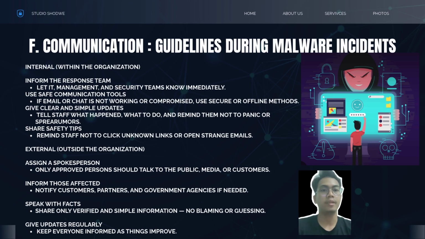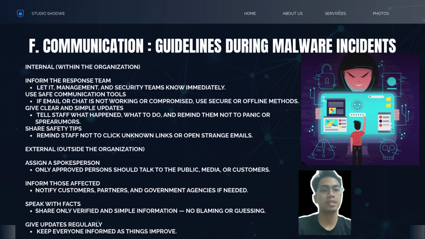Give clear and simple updates. Let staff know what's happening, what they should do, and remind them not to panic. Share safety tips, reminding everyone not to click unknown links or open suspicious email. External communication, outside the organization: we must assign a spokesperson. Only authorized people should speak to the media, public or customers. Inform affected parties